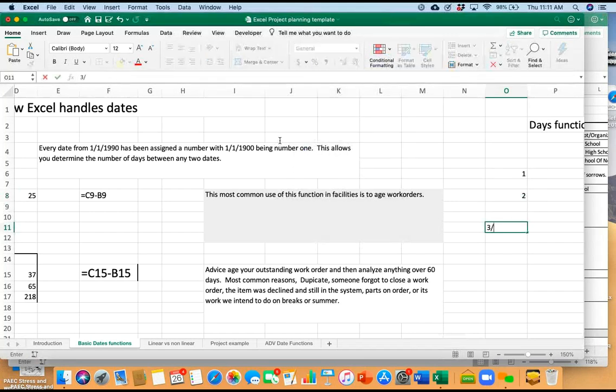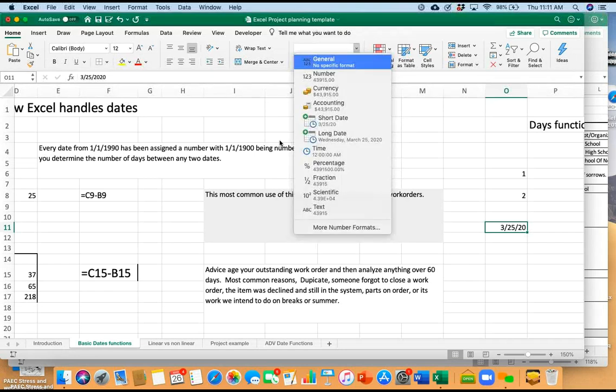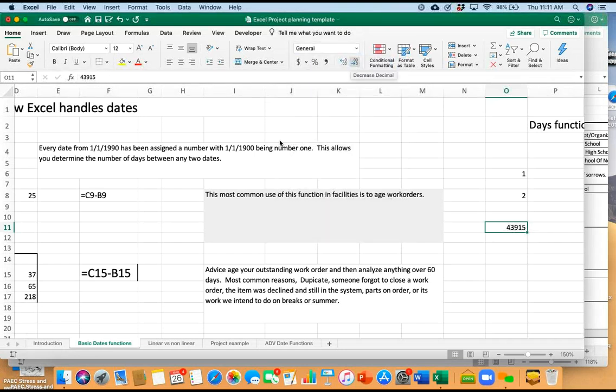And likewise, if we have, I believe today, I don't know if today's the 26th or the 27th, but I think it's the 26th. But I'll do yesterday. So if we have yesterday, that's going to give you 43,915, which is the number of days that have been since 1900, like a lot of trivia that you probably